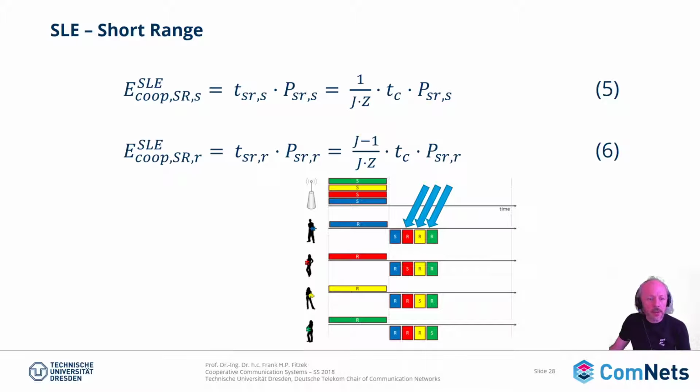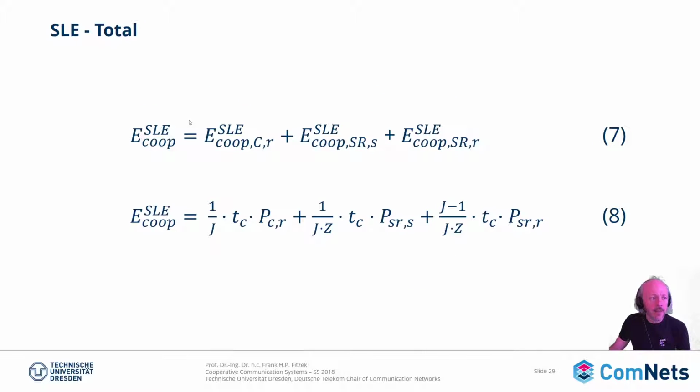So with that, you can do the first comparison. You can say the energy I need in the cooperative case for sequential, it's a part of the cellular, then sending on the short range and receiving on the short range. And you see here, this is the overall equation for that. I just put in what we derived before. And if you look at the gain and you divide the energy for cooperation by the energy of the cellular,